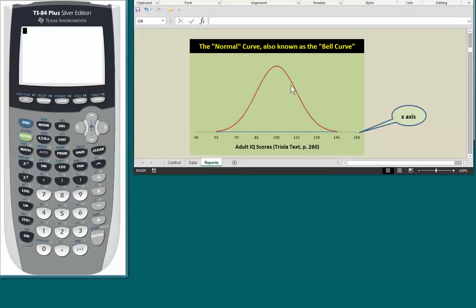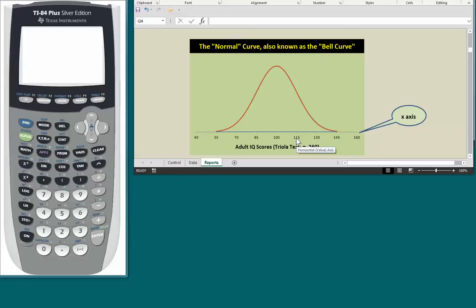So here I have drawn the curve. Every bell distribution, every bell curve basically looks the same. And I have drawn an axis here, which I'm calling the x-axis because it has real values. Here in the middle, you see the mean. The mean equals 100. And you see this number 115 here. That is 1 standard deviation above the mean. If you'll remember, each standard deviation is 15. So if you take 100, you add 15, you get 115.